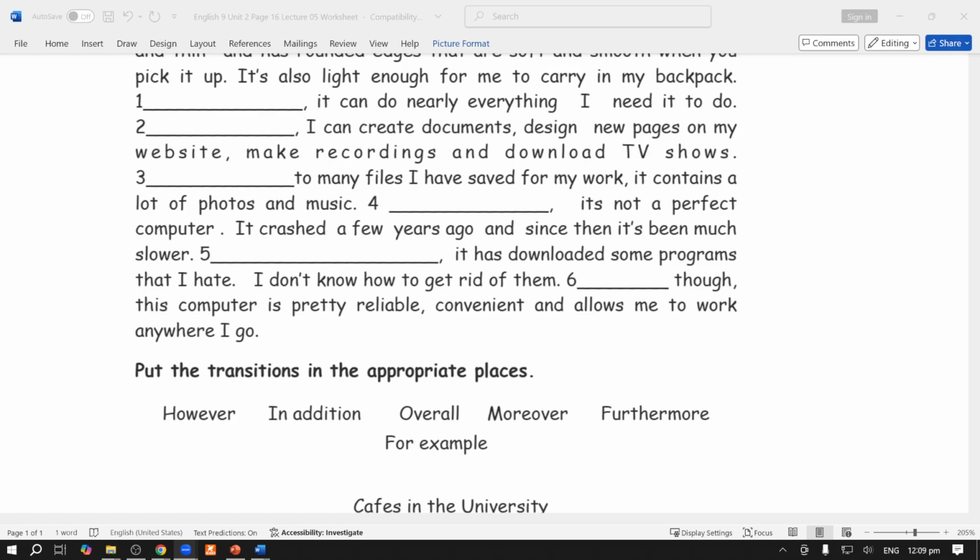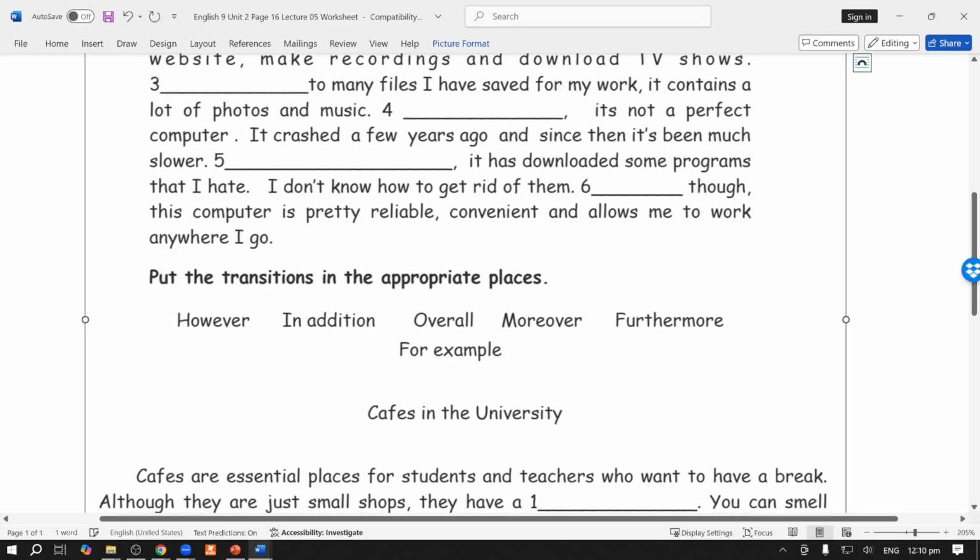Yes, any other school? The Little Stars Model School from Shekhupura. In addition. In addition, yes, that's the right answer. Because when someone is telling the reasons why he or she doesn't like that computer, why that notebook is not a perfect computer, he has told one reason and then he is going to tell us the second reason. That's why here the word in addition arrives.